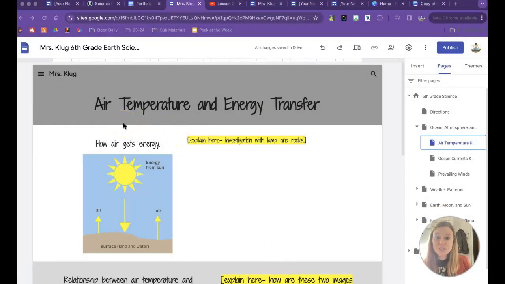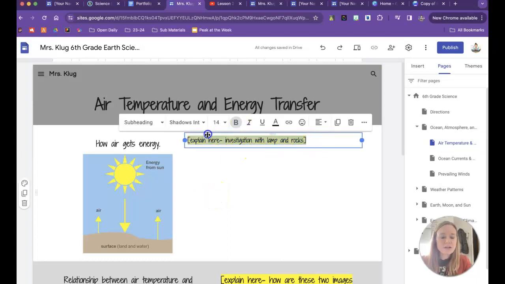The air temperature and energy transfer is the unit we're working on, and I think that's a great title for now, so I'm going to go ahead and leave that. And the first section talks about how air gets energy, and this was the image that we used in our unit, and it's a great image to portray what we're learning. So I'm going to talk about how energy from the sun